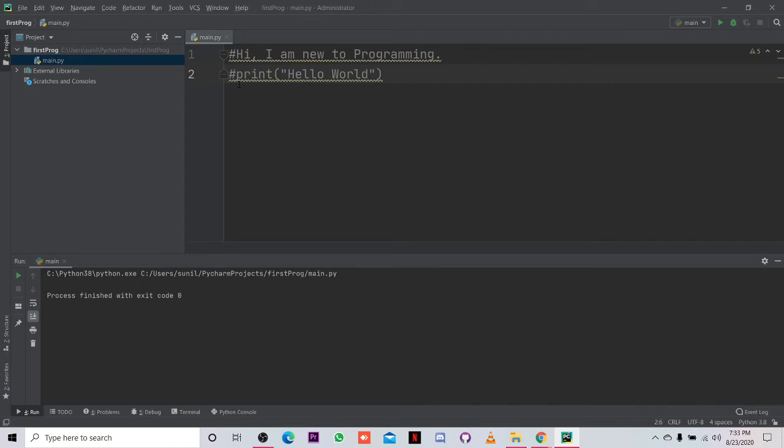One more advantage of comments is when you're working with a team or a group of people. Then what you need is to comment about the lines you have written or any changes you have committed in your program, because in industry we don't do a project on our own.